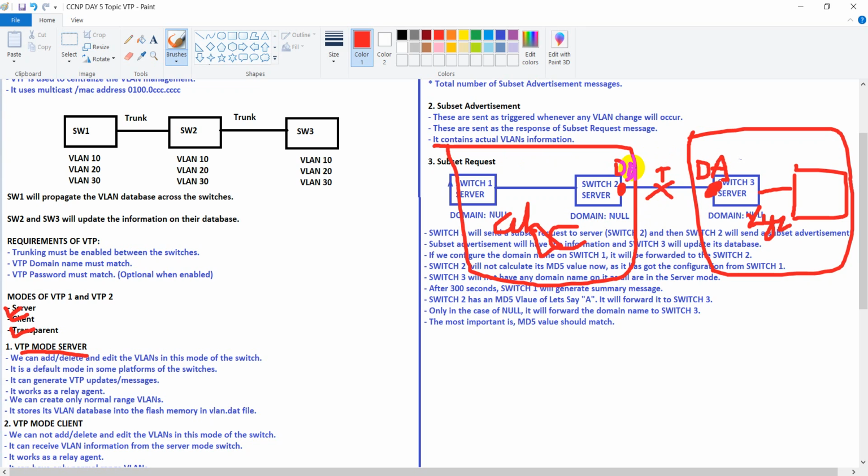So we will have to proactively go to that interface to enable the encapsulation as .1q trunk, and as DTP frames are getting exchanged, so if we have a user here connected and a user here connected, and if we want communications between these two users, so we will have to disable DTP from these two interfaces, and we have to configure it as trunk statically. So the communication will happen between these two users.